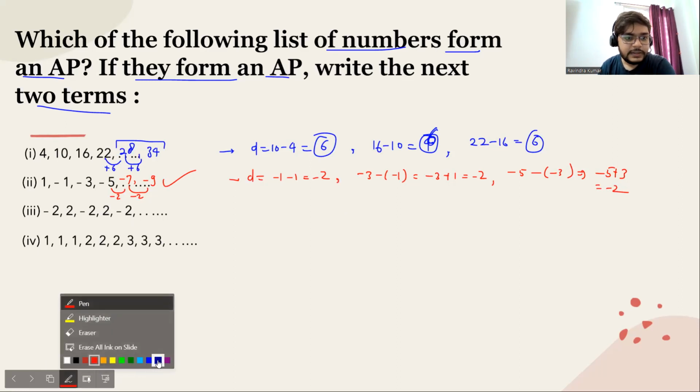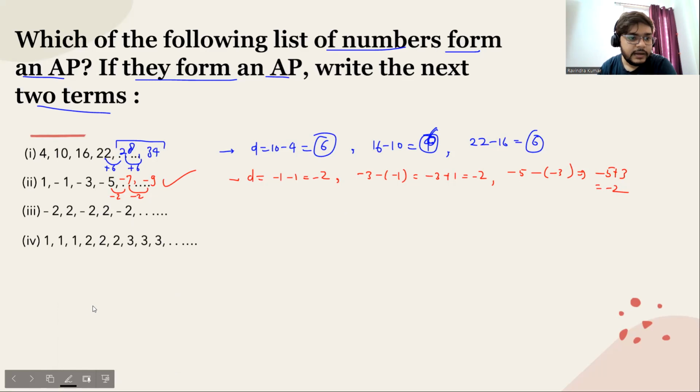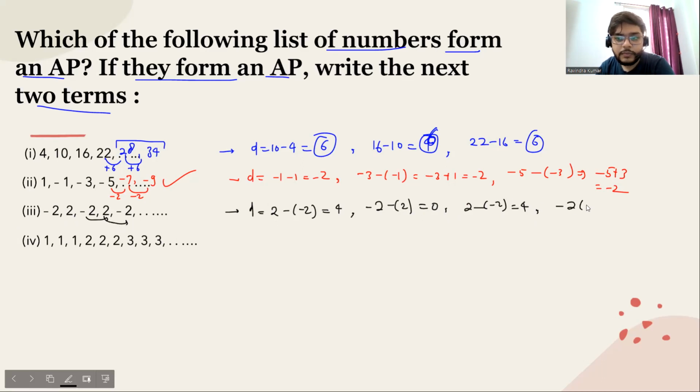Now, let's look at the next series. First we will calculate the difference, that is the common difference. Second term 2 minus first term, we will get 4. How will we get 4? You all know. Okay, so minus 2 minus 2, so it will be 0. For the next, fourth and third term, it will be 2 minus minus 2, so it will be 4. Again these next two terms, minus 2 minus